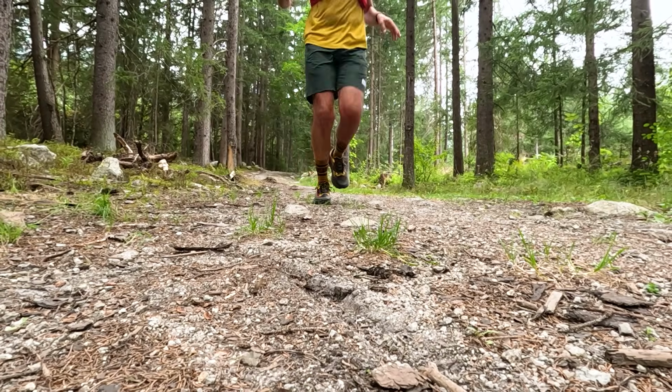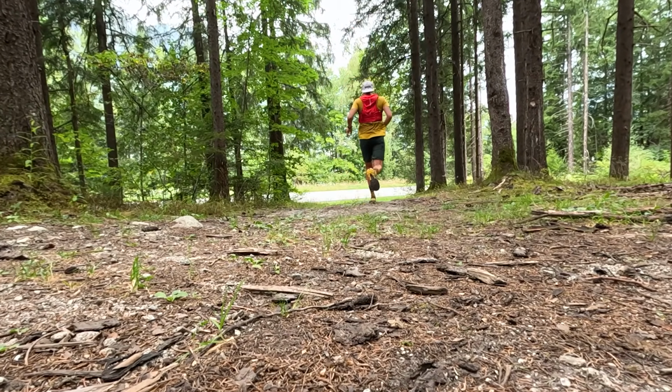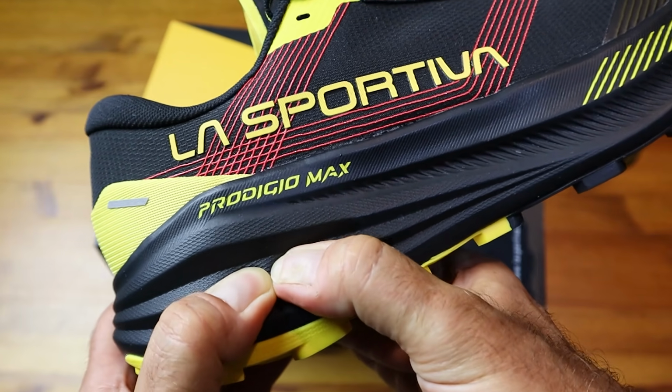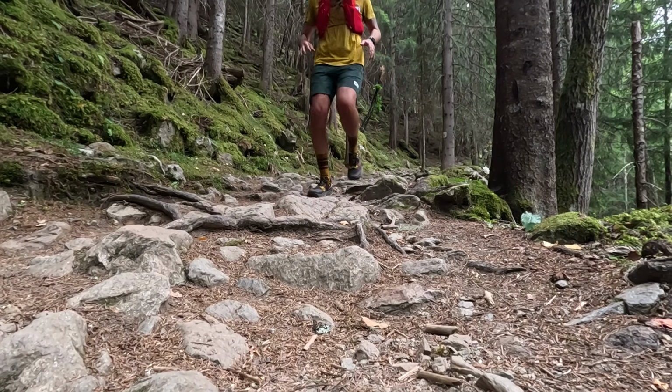on the firmer side, and I'd actually say that ride quality is more like the original Prodigio but with more depth. Now, don't get me wrong, it was still comfortable on all the different types of terrain that I ran today, but definitely firmer underfoot compared to the Pros, which I actually think was a positive thing today out there on the test run. You can see there in the footage that it was pretty technical on the descent at